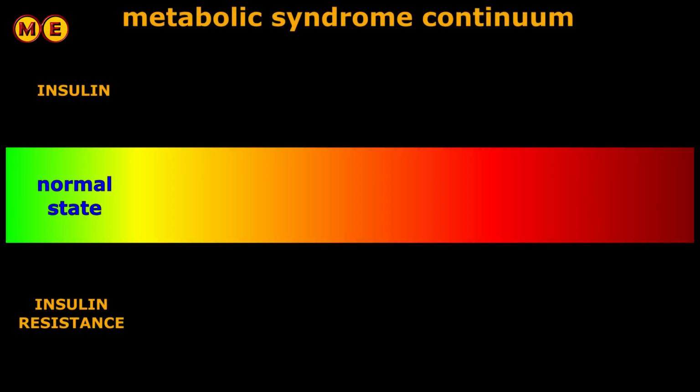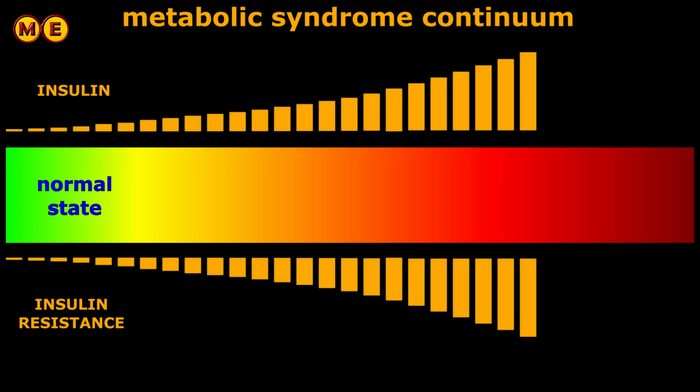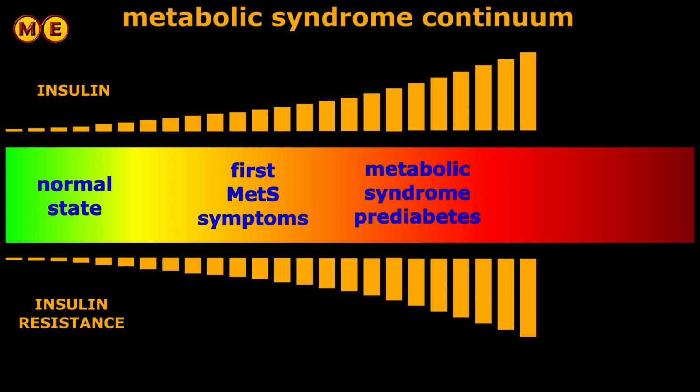Metabolic syndrome continuum starts with normal insulin level and normal insulin sensitivity. It goes to the first stage, where there are no other symptoms than consistently increasing insulin and consistently increasing insulin resistance. The next stage is when the first symptoms appear, and when the symptoms become more than three is called metabolic